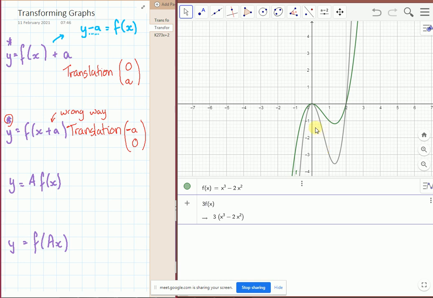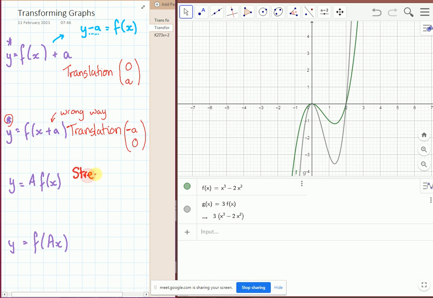It's not an enlargement. Enlargement affects x and y together. This is only affecting the y direction. So it's got a couple of ways you can do it. You can say stretch in the y direction by a factor of the value a. If that was a -1 though,